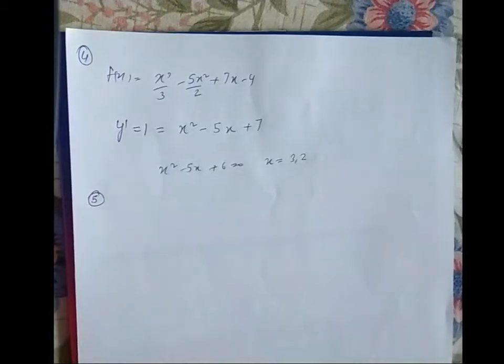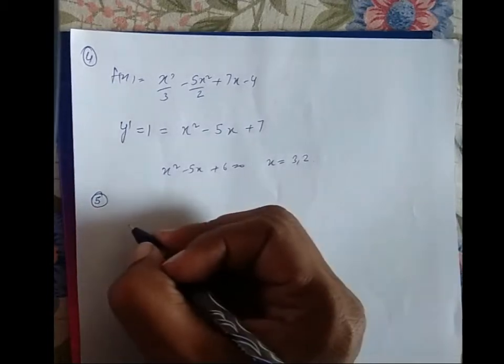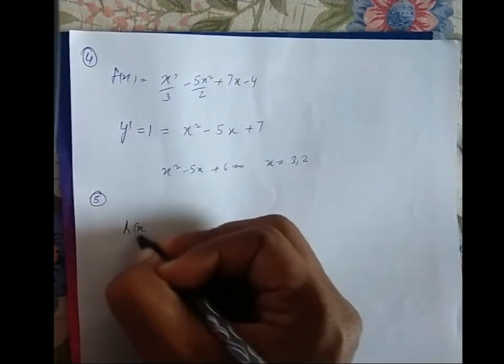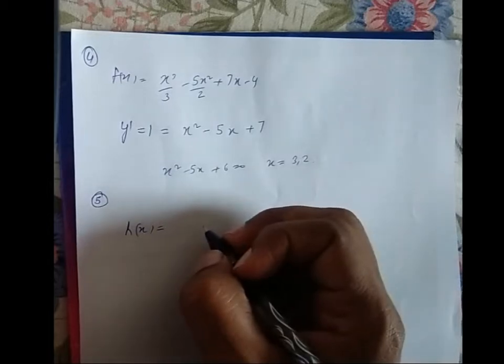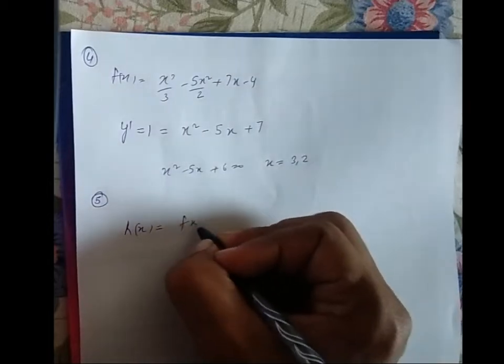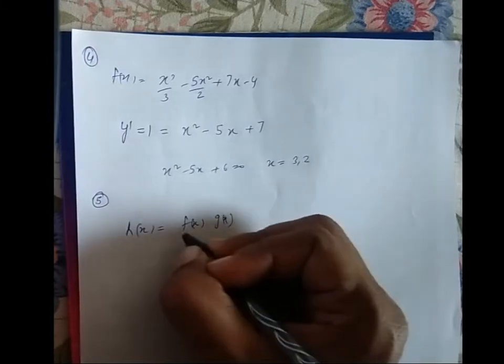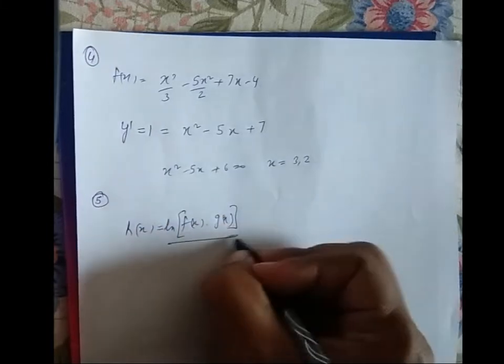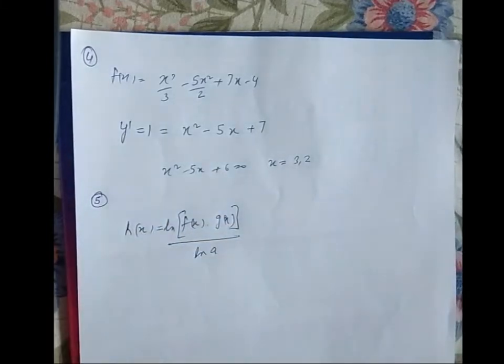Moving on to the next question, question number 5. So we know f(x) is equal to a to the power of the fractional part of a to the power mod x signum x, and g(x) for a greater than 0. Then which of the following statements about h(x)? So to judge about h(x), we know that h(x) is equal to f(x) into g(x), ln upon ln of a,